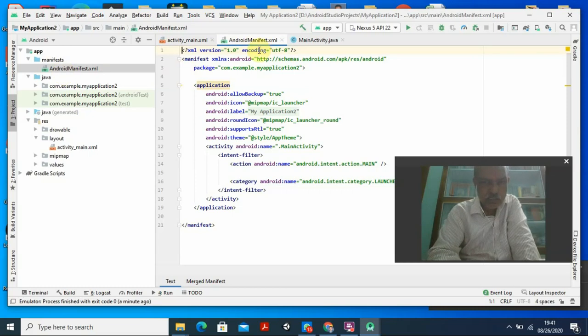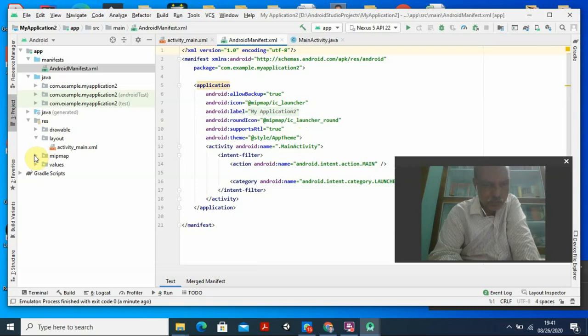So first I am writing the XML file, then I am starting the manifest tag, then what is the package, because it is the application, my application 2 is the theme. So my application 2.example.com is the package, because of what will be used, and these things you are not creating, the system has already created for you. Then the Android allow backup, it is true. Android icon, because what you are writing, that backup is also there. Then the icon you are using, something like IC underscore launcher. Then Android label I am using my application 2. Then Android round icon also we are using. All the things, if you are interested, you can see all the things in the mipmap.